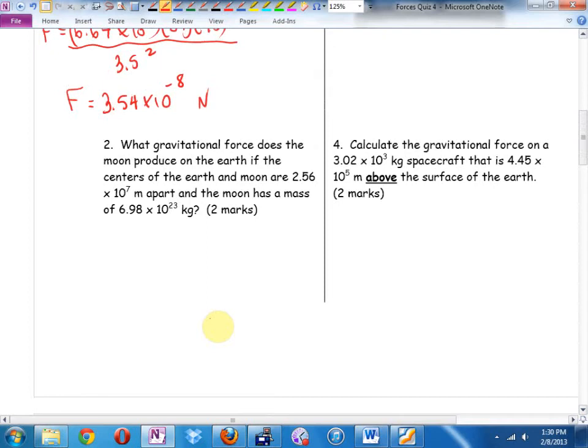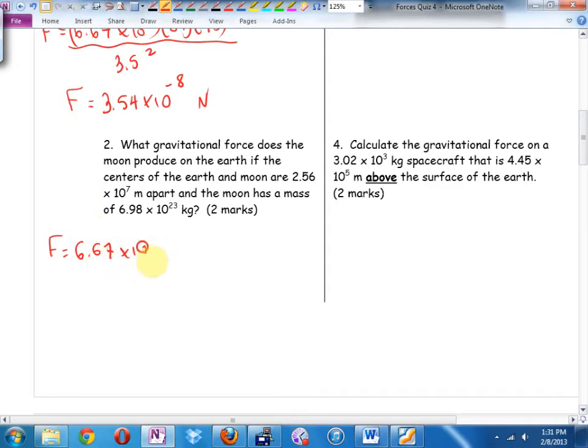Oh, number 2, the force of the moon. Since it's able to move the tides, I'm expecting a bigger answer than 10 to the negative 8, like in number 1. Now, remember I told you folks that I accidentally used the wrong mass of the moon. Use that one, though, because I think on your data sheet from the gravitational forces lesson, the mass of the moon was 7 point something. I can't remember. But anyways, it's going to be